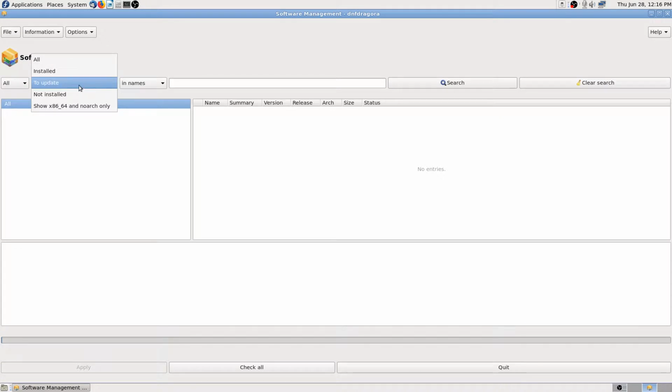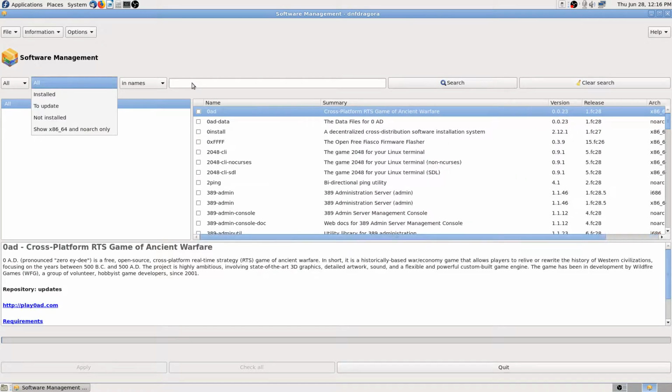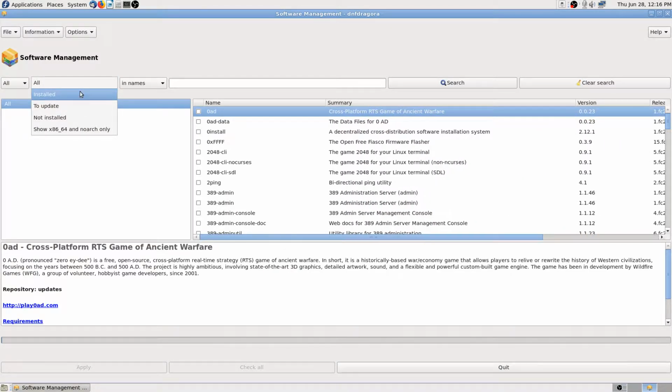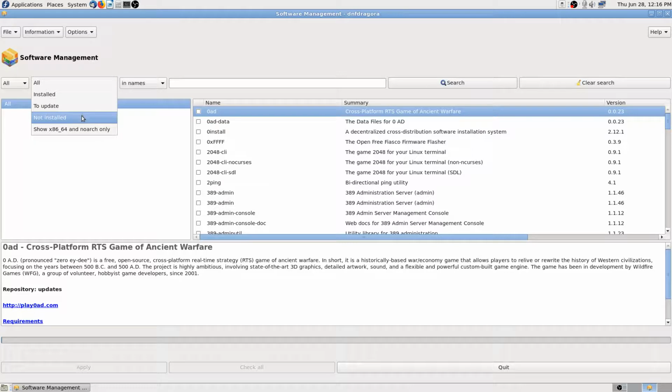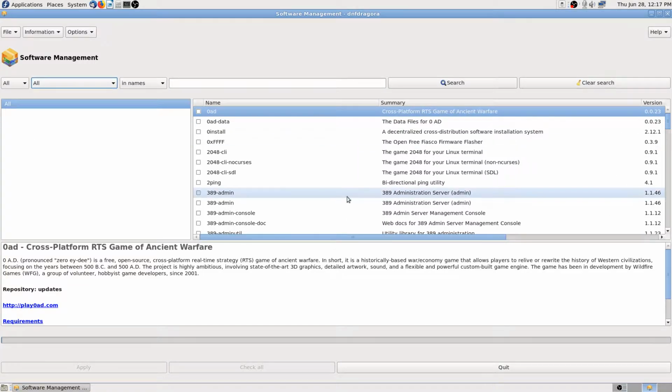To update is the way it always opens up, and this is the one thing that really gets you every time. If you're going to start searching for apps, you have to manually go up there and change to all. Or you could say, other. I can't change it again now because it's bringing in all. But, so that's the first thing I did yesterday, is start searching. Oh, there it goes. And you could go to install, to update, not installed. You could go to not installed, say if I don't want to have all the installed stuff mixed in, but I really like having it mixed in because,